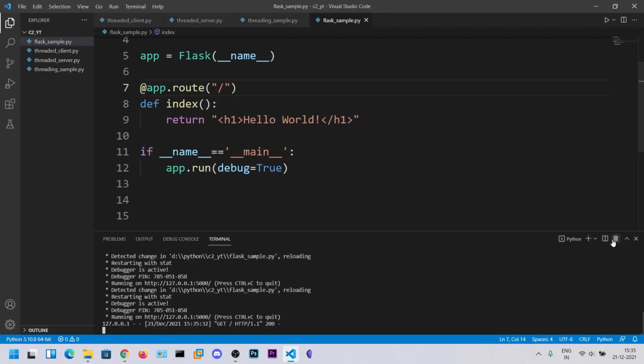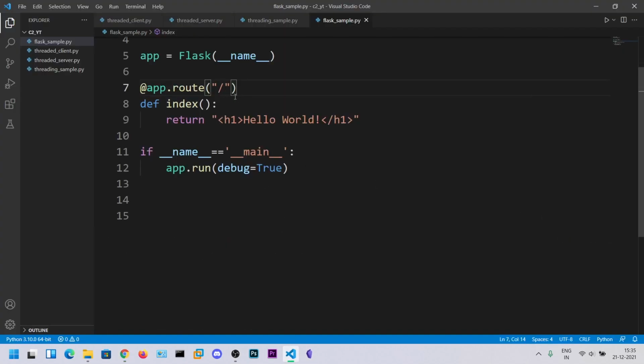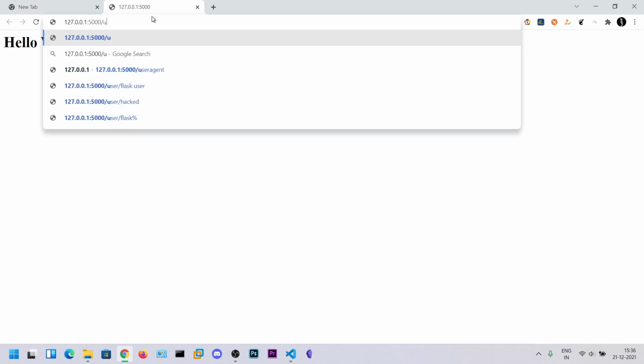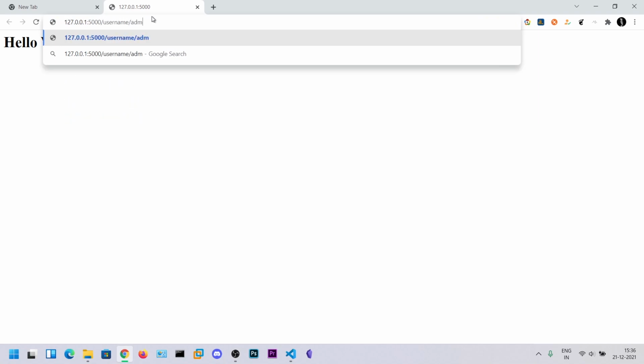Now we can also use some dynamic variables in this route. Suppose I want to put some dynamic content here, like /username/user1.